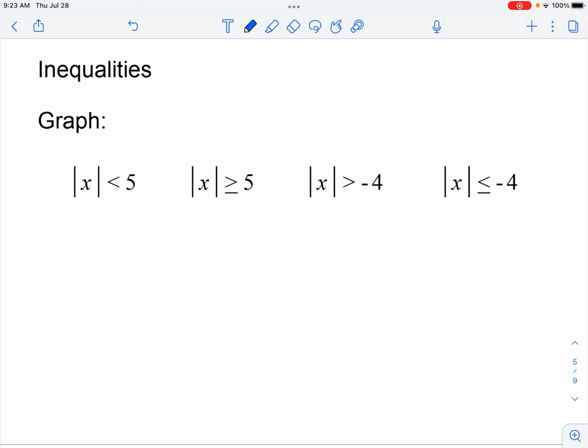So let's think about some numbers that work for x in this situation. Remember, the absolute value of x means the distance from 0 to x, and it has to be less than 5. So if you think about a number line for a moment, here's 0. The question is, how far could I go in either direction so that the distance is less than